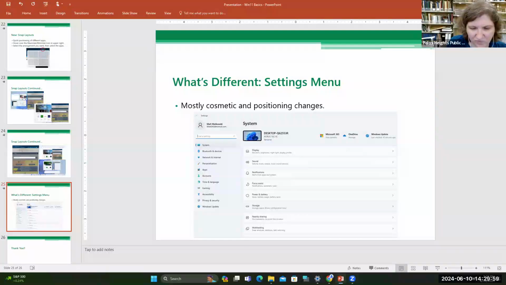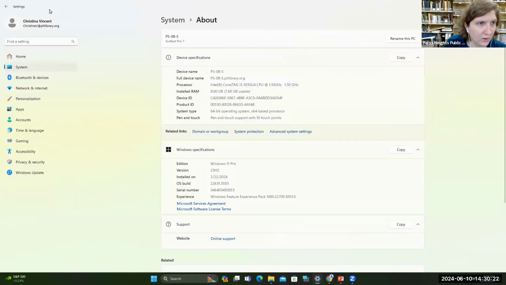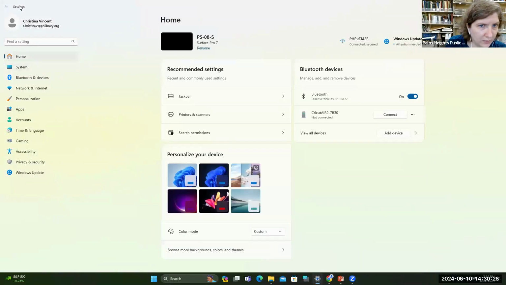You can see which applications I have open because they have a little gray dot underneath them for each one that's actually open. And the current one that I'm on has the blue line, so PowerPoint has the blue line because I currently have that open. If I switch to settings, you'll see now settings has the blue line. And so in settings, let's go to the very beginning of settings. There we go. This is what settings looks like when you first open it.